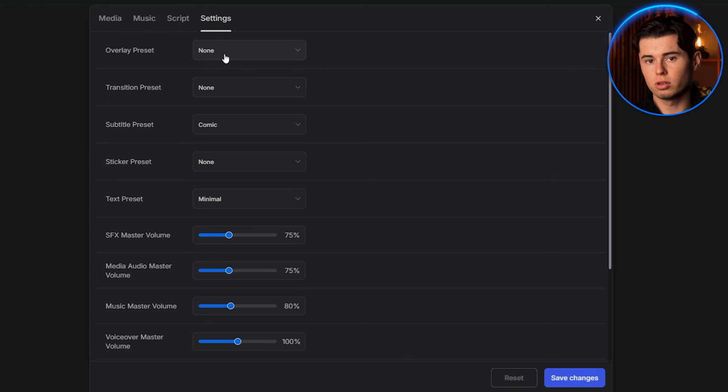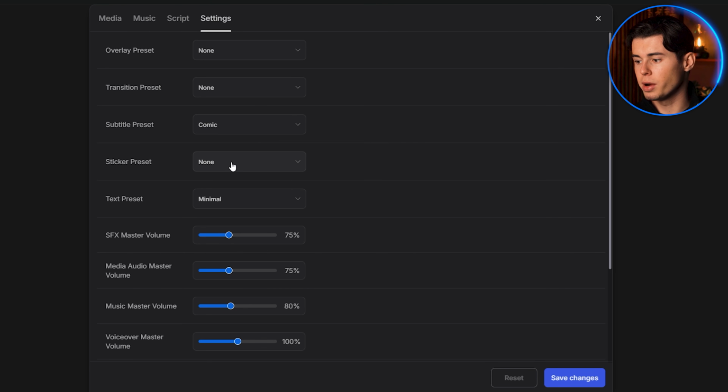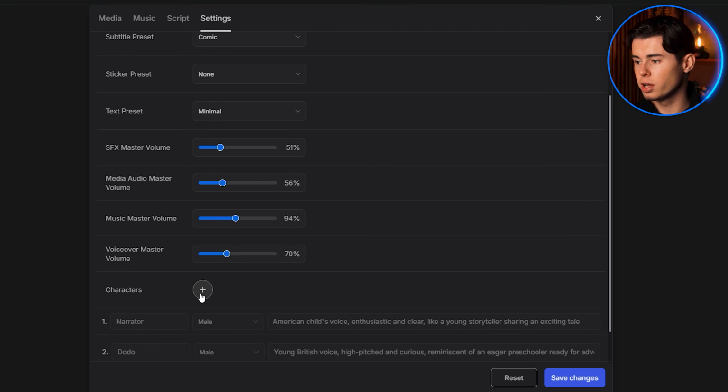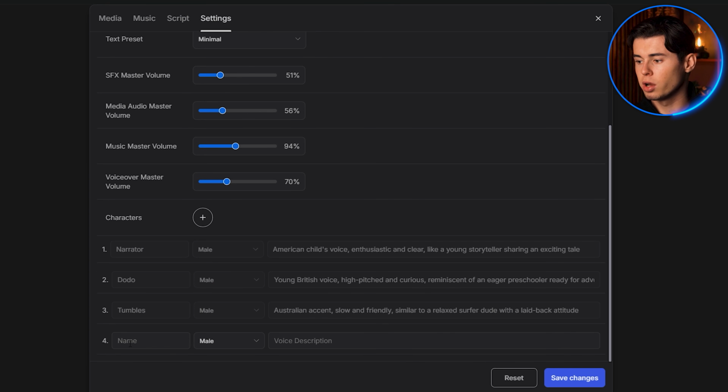And finally, there's the Settings tab. This is where you control volume levels for the voice, music, and effects. You can also change visual elements like subtitles, sticker animations, or transitions. You can even add new characters or voice actors to scenes if you want to introduce dialogue or give each